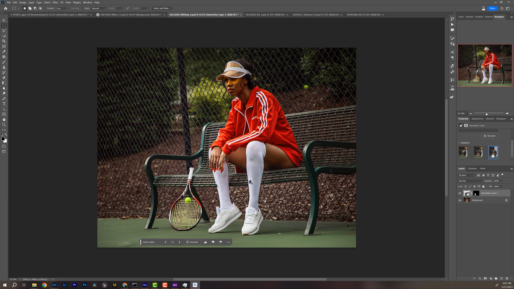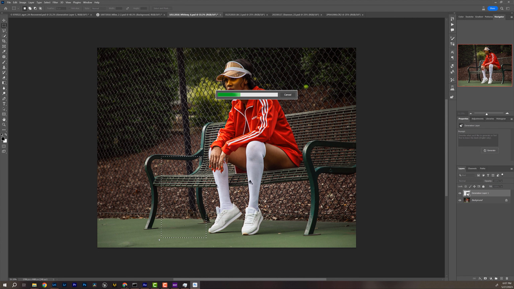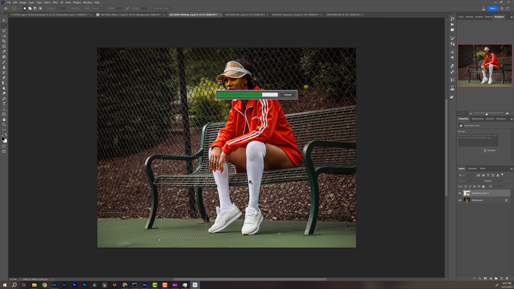Put neg. What if I just put racket? What do I get if I just put a racket? This is it. It's a little deformed, but this is it.